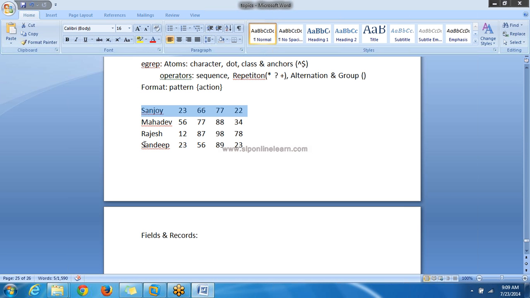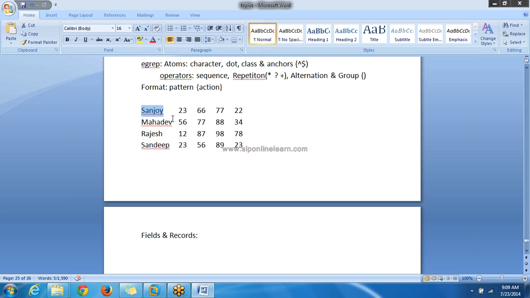A record is a collection of fields, or we can say a concatenation of field data. Here is the field data, and next some tab space, so the concatenation of all these fields is a record. This entire line is one record, this is the second record, third, fourth.